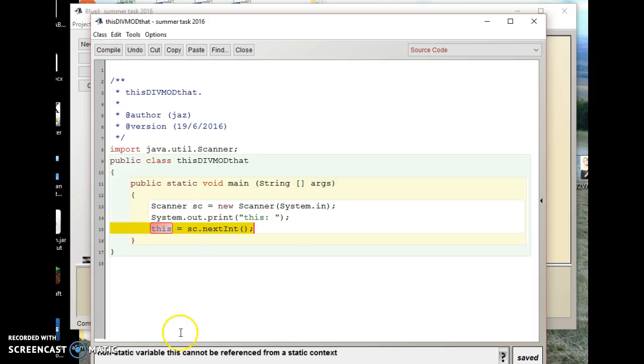Compiling this, yes, there's a problem. And the problem is that actually this is a reserved word. You're unlucky if you have a reserved word because there aren't very many of them. But in this case, if I just change this to, for example, this in,